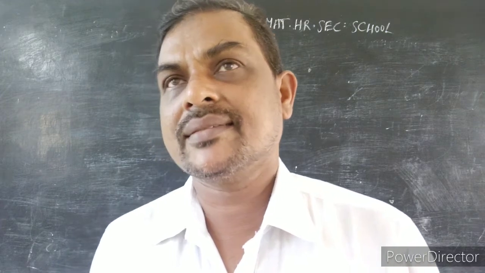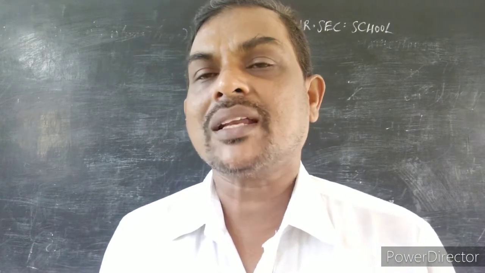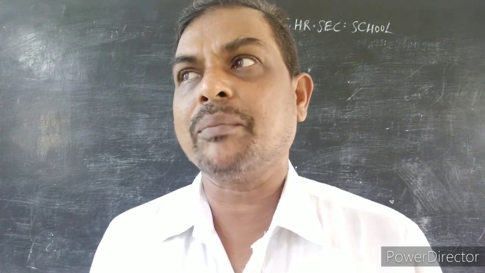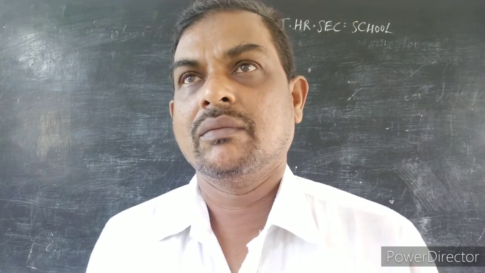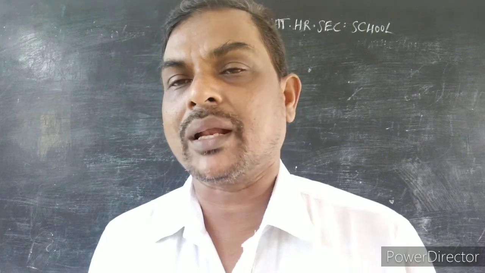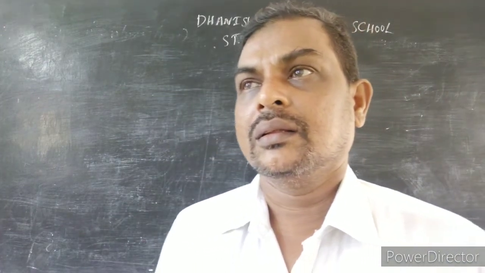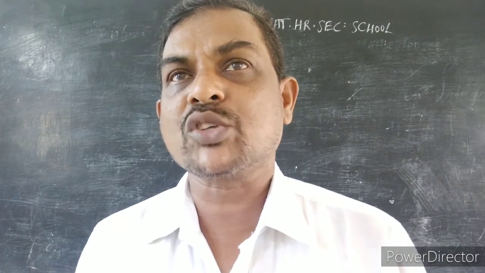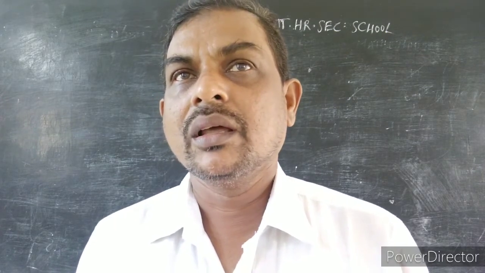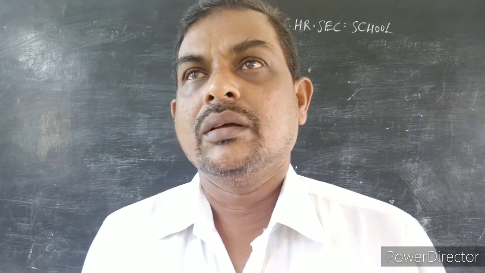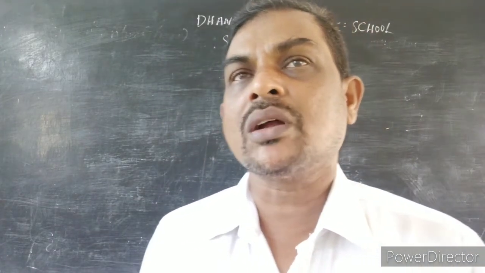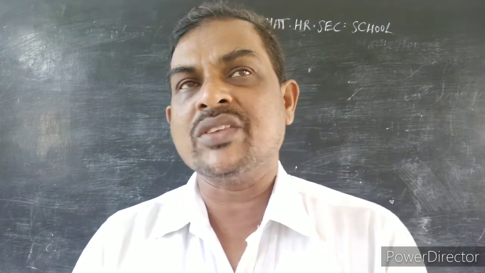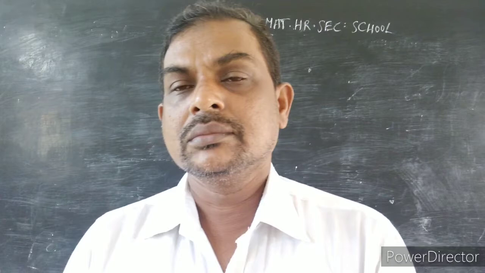The name of the lesson is Partnership Basic Concepts. In this, I have already completed one part, that is partners' capital account. The partners' capital accounts are the fixed capital method and the fluctuating capital method. I already taught you that based on the fixed capital method we have to prepare two accounts: one is capital account and the other is current account.